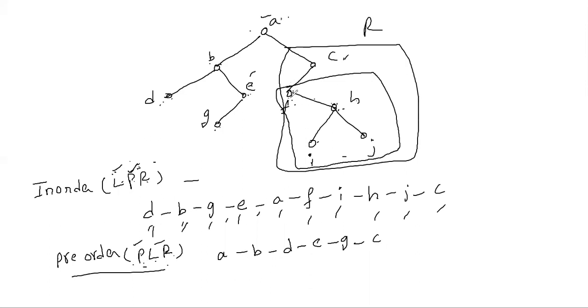So parent. For F subtree, who is the parent? F is the parent. Left: is there anything on F's left side? No. Next come to the right side. Right side again one subtree will be there. Whose subtree? H subtree. Apply the PLR formula. What is the H subtree parent? H. Next L: what is the left side? I. What is the right side? J. So H subtree completed.